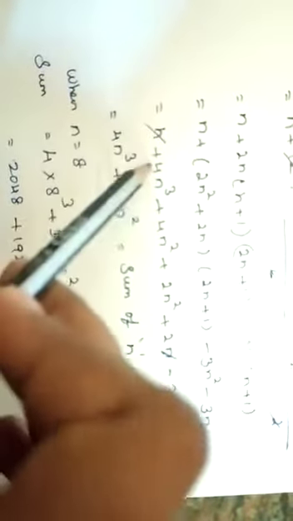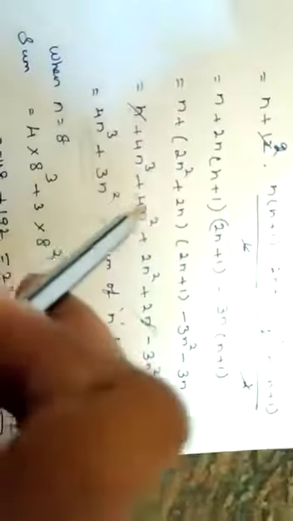Then you will multiply all these things and cancel everything. Then you will get n plus 2n into n plus 1 into 2n plus 1 minus 3n into n plus 1. Then you will get the final answer. I think you will write it by yourself. So this is our formula: n plus 4n cube plus 4n square plus 2n square plus 2n minus 3n square minus 3n. So this whole thing will get cancelled, because n plus 2n is 3n, and 3n minus 3n is nothing. So 4n cube will be the same. Then 4n square plus 2n square is 6n square, minus 3n square is 3n square. So this is the sum of the n terms.